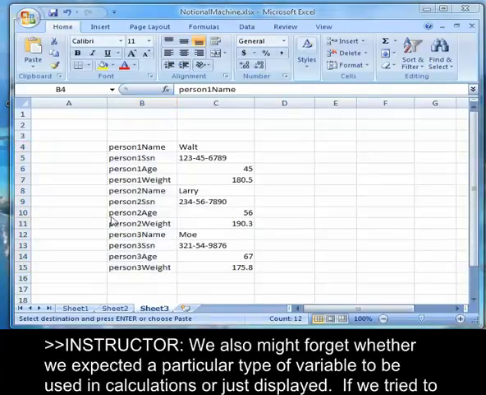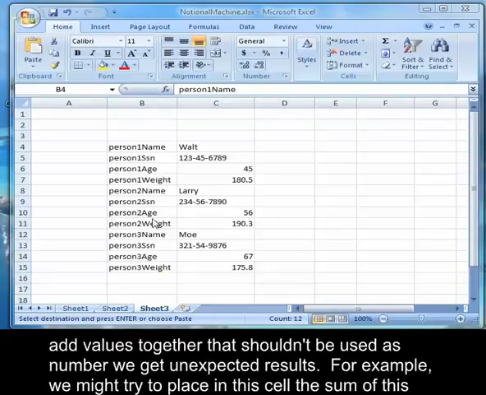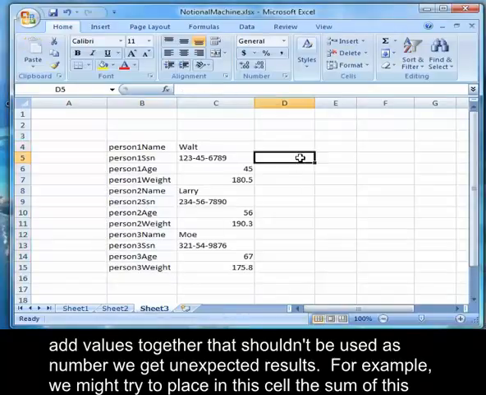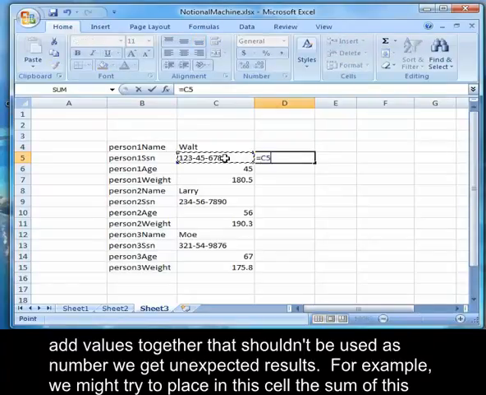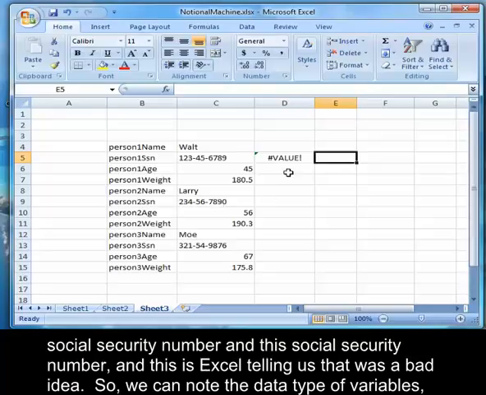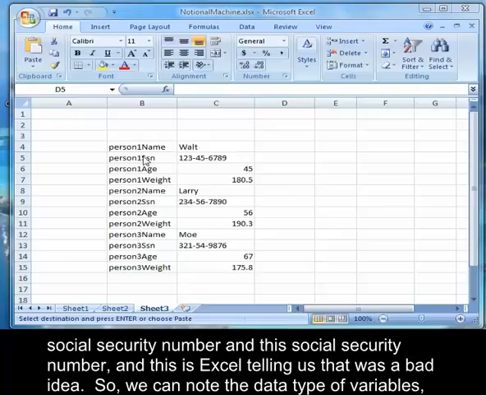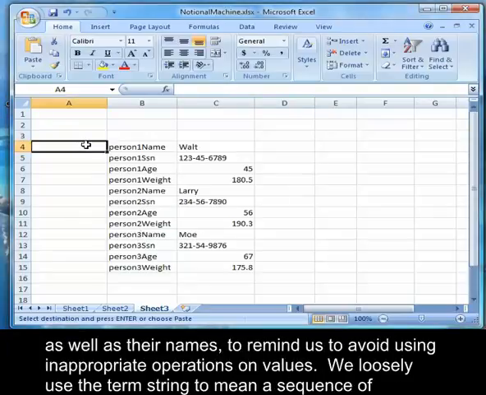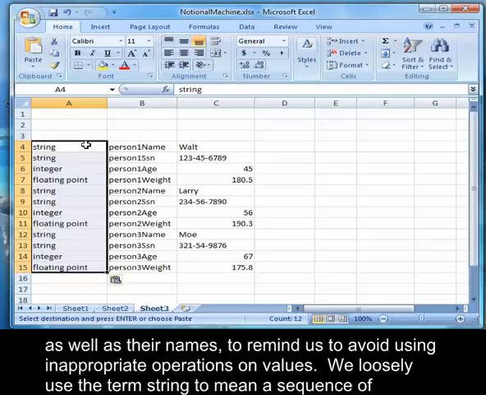We also might forget whether we expected a particular type of variable to be used in calculations or just displayed. If we try to add values together that shouldn't be used as numbers, we get unexpected results. For example, we might try to place in this cell the sum of this social security number and this social security number. And this is Excel telling us that was a bad idea. So we can note the data type of variables as well as their names to remind us to avoid using